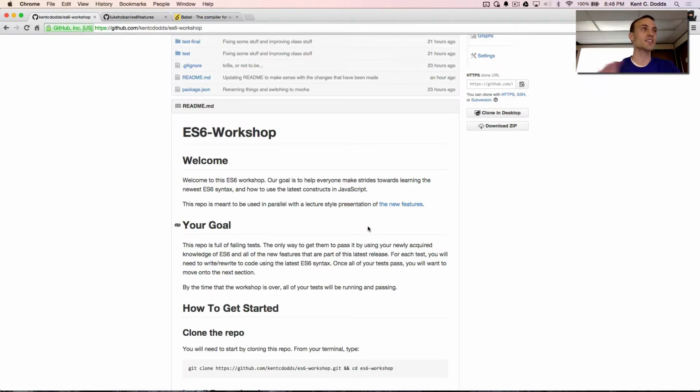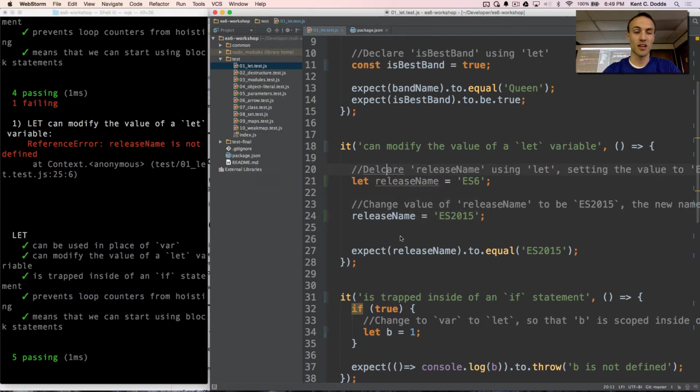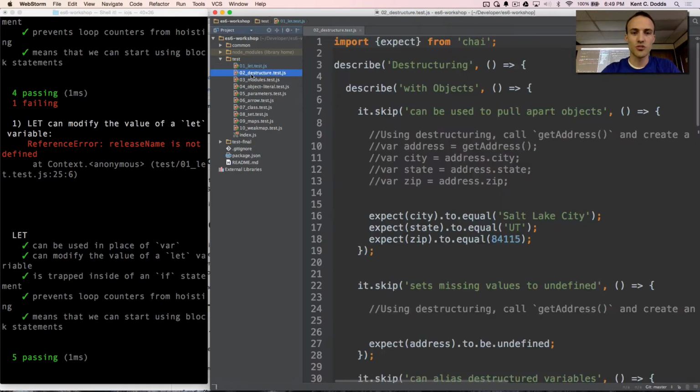But anyway, const and let are supported by the latest version of Chrome and I believe the latest version of Firefox. So yeah, feel free. But I recommend that if you're not going to be transpiling, just use var, or rather just transpile because it's great. Okay, any other questions about let and const? Okay, great. Let's move on to destructuring.